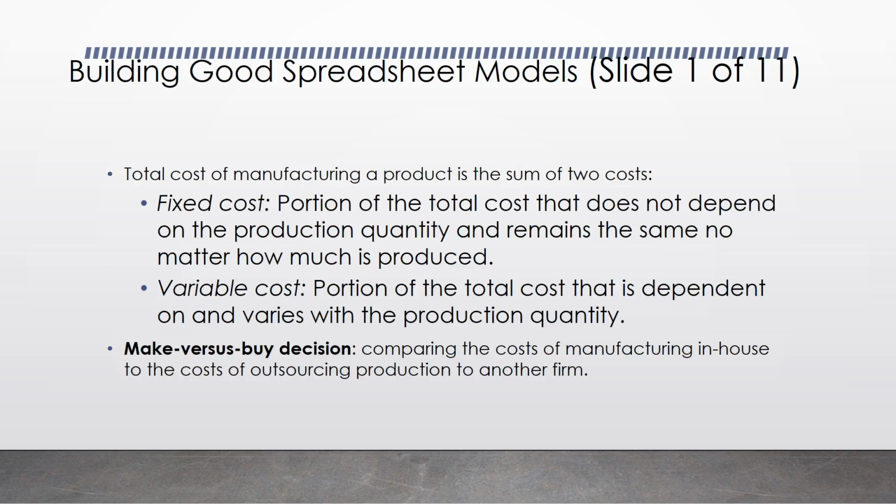So let's begin with our discussion of spreadsheet models by considering the cost of producing a single product. The total cost of manufacturing a product can usually be defined as the sum of two costs, fixed cost and variable cost, in which fixed cost,